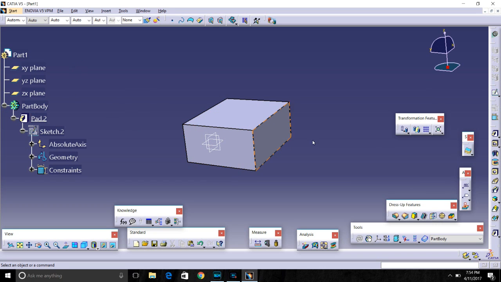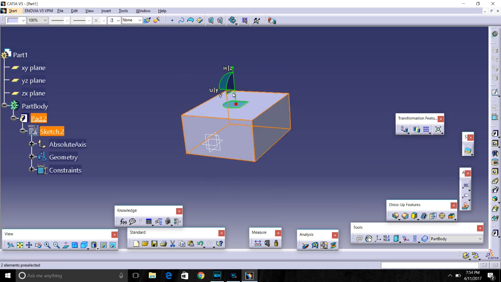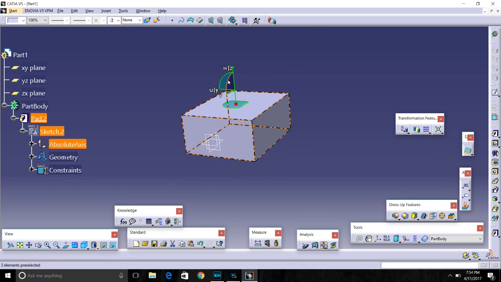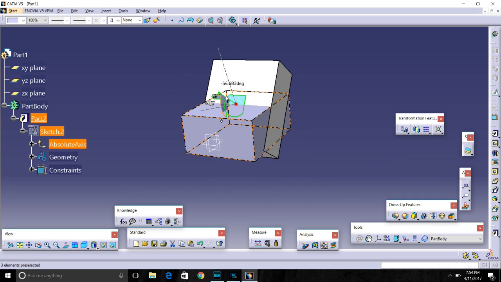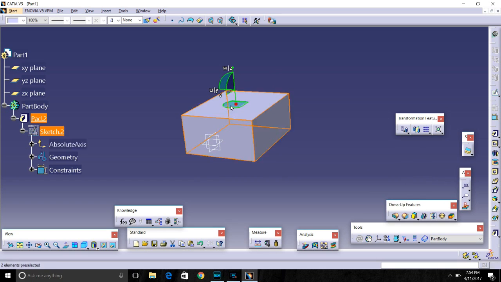So next, coming to the compass. This is the compass which is present here. I can use it to keep on any plane and use it to move vertically, move horizontally, rotate it on the y-axis, x-axis, any way. So these are the options that are provided by the compass. So the function of the compass has been completed.